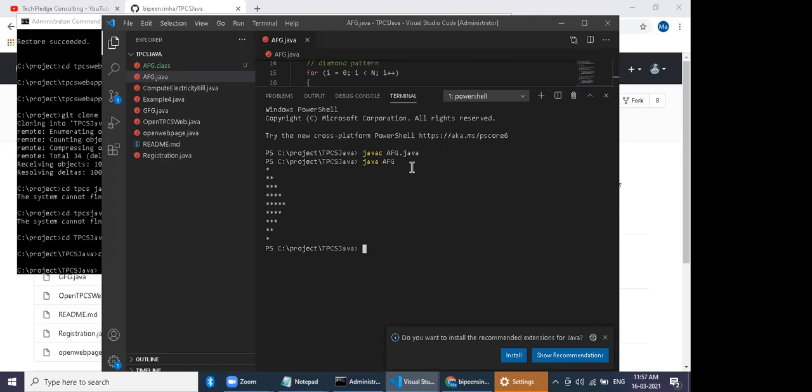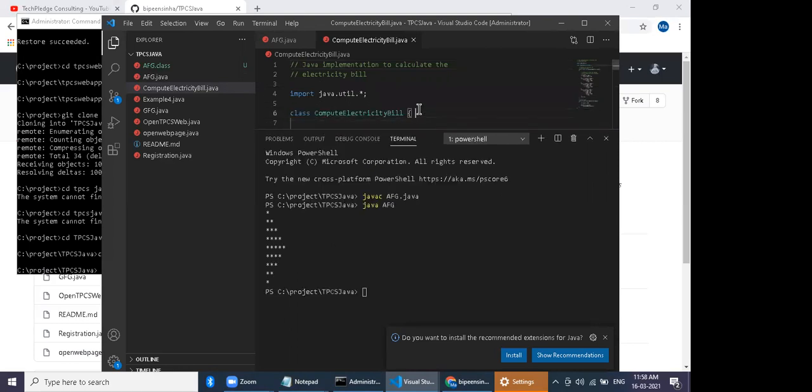So click that one, compute electricity bill. It's a huge program which takes how many units of electricity you have, and then it's going to compute the bill. You can watch the program if you want. On the basis of the unit which you give in the last line, go up a little bit.